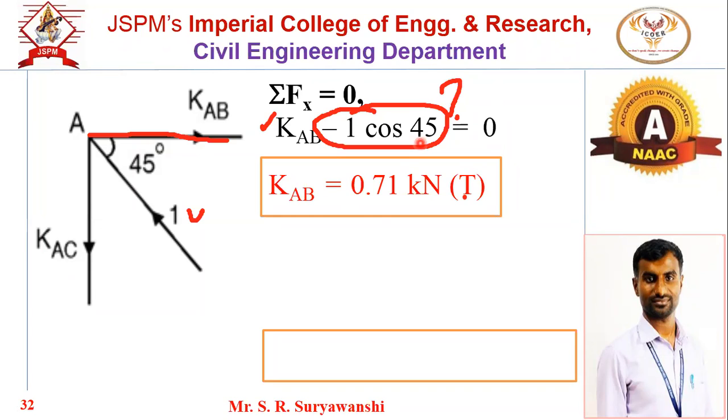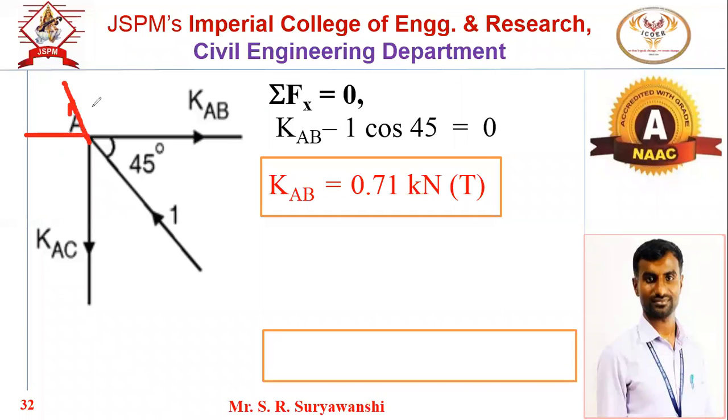Summation of horizontal forces equal to 0. What is the reason? Minus 1 cos 45. Hi, शशिकांत सांग. लेफ्ट ऍक्सिसला जाते सर रिझॉल्व केल्यानंतर. येस, म्हणजे तो कोणता चालला, सेकंड क्वाड्रंट मध्ये चाललाय. This force lies in the second quadrant like this. So in case of second quadrant, our x component is minus, that's why minus. Good. So that's why minus P cos theta.